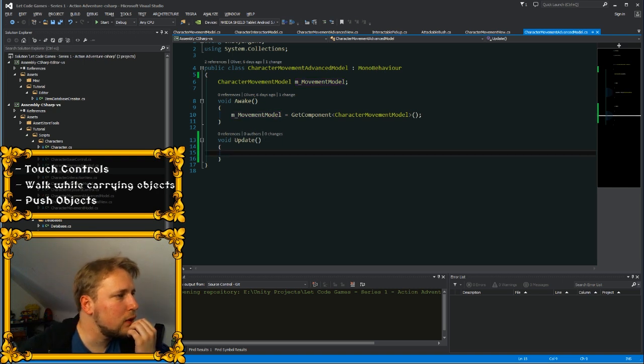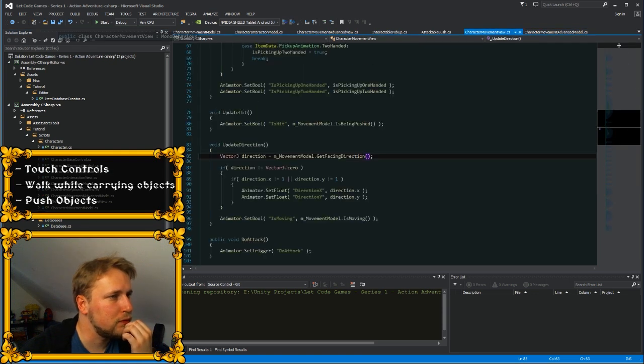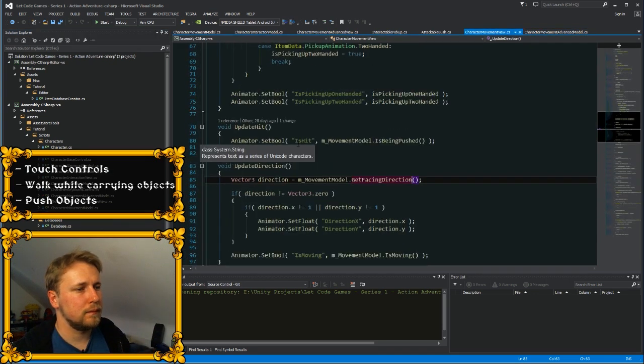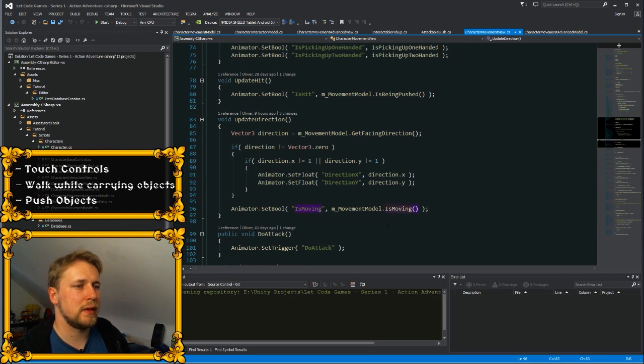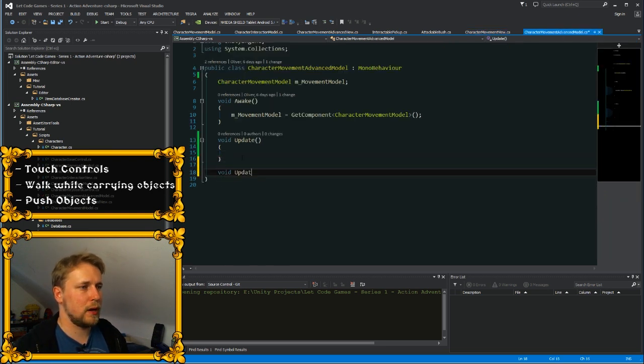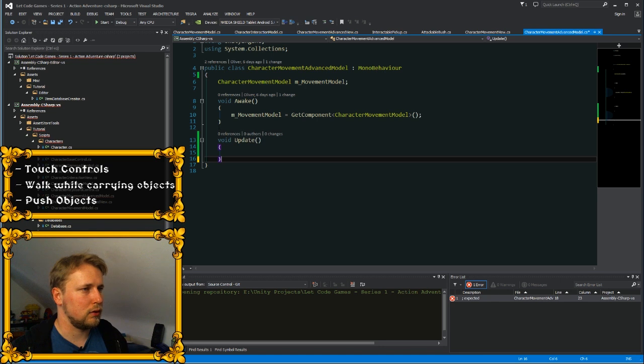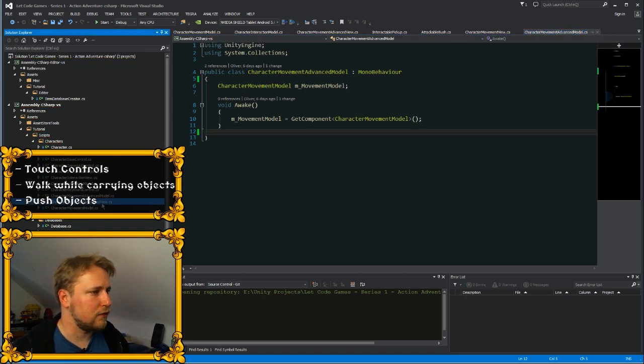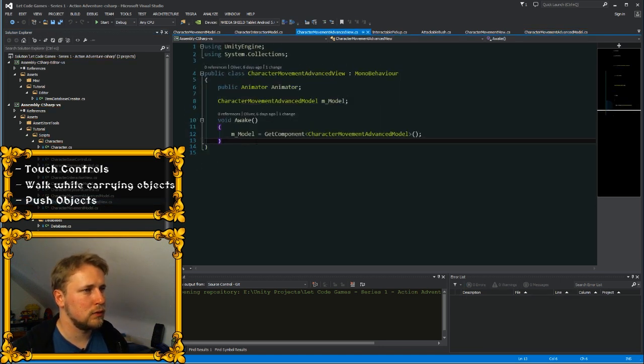So, let's see how we determine if we are walking or not. In the movement view, we have this is moving state. This is great. So let's update pushing. Oh no, but we want to do that in the view and not in the model. So the advanced view,